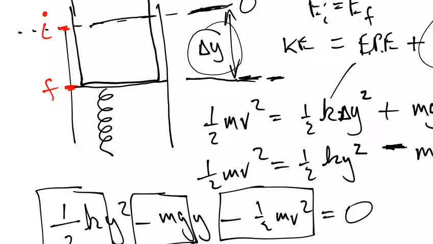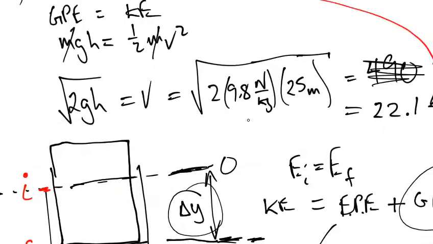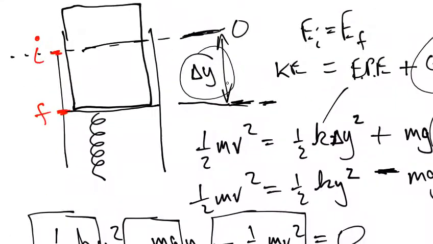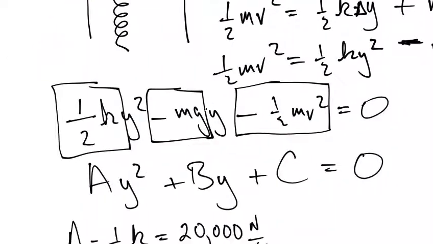B, I think m was 750, wasn't it? Yeah, it was. So 750 times 9.8 gives us 7,350, and that's going to be in newtons. Okay, but that's negative. Don't forget that. Negative right there. And C is also going to be negative 1/2 mv squared, which is